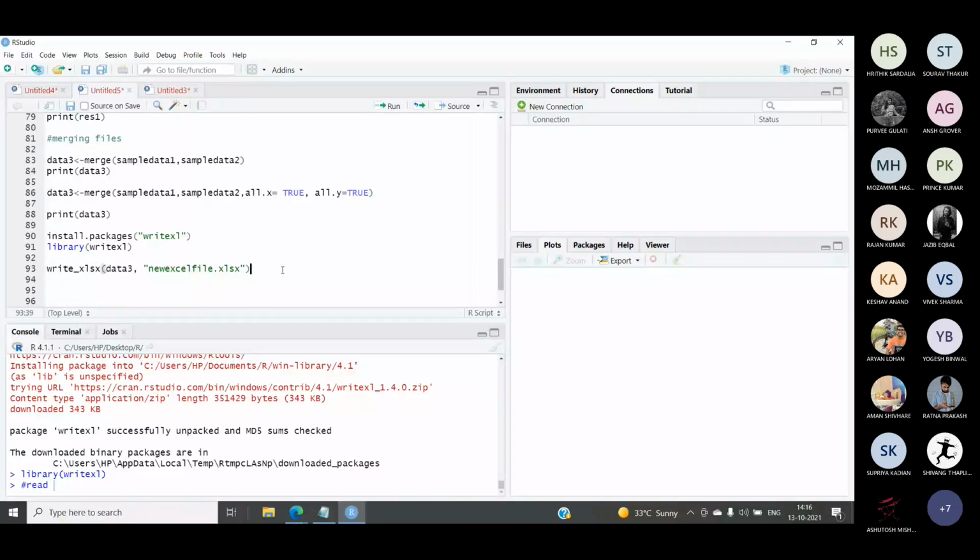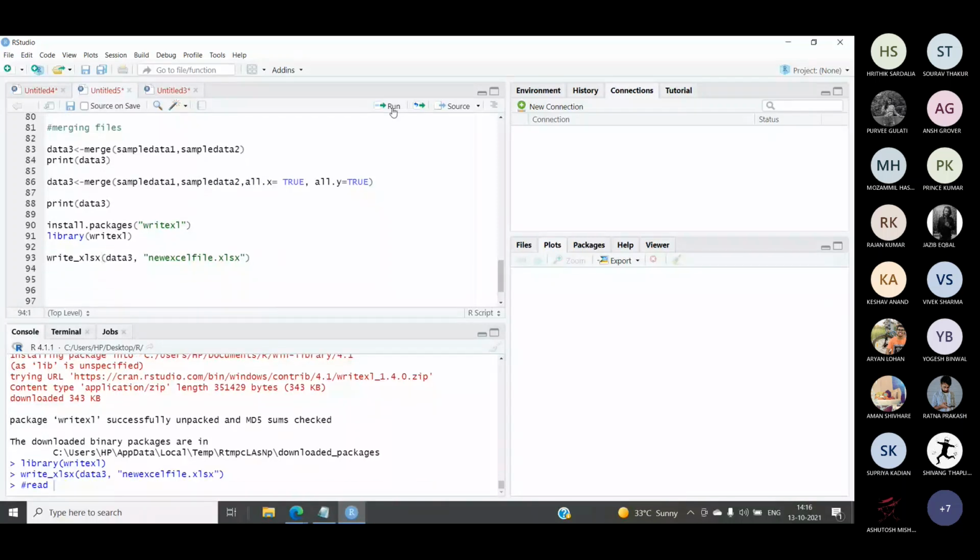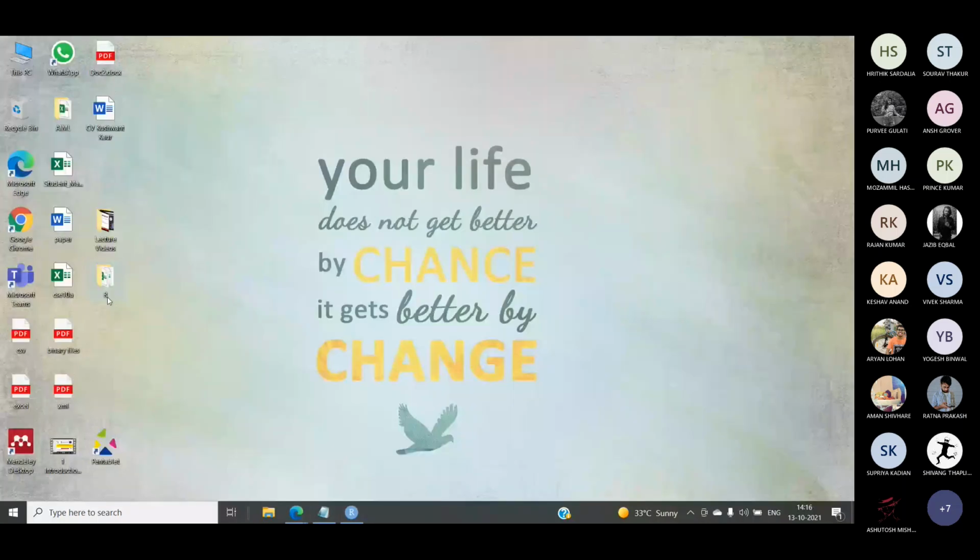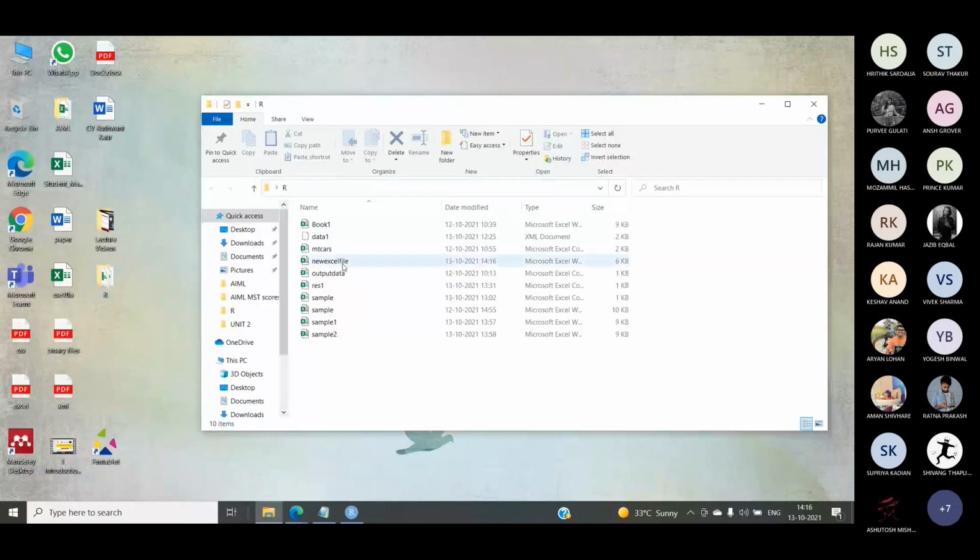Now how can we verify? For the verification of the results, let's go back to the desktop and open the R folder and have a look. The file is available over here. That is the new Excel file, and you can see over here right now it is 2:16, and the creation time for this is also 2:16. That is, at 2:16 this Excel file has been created.